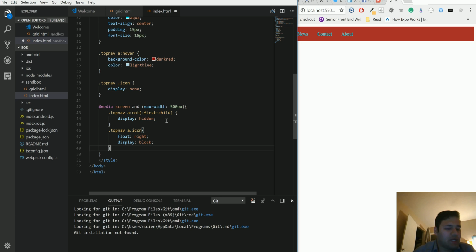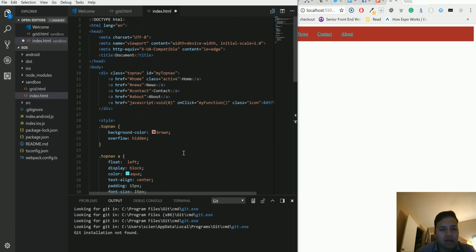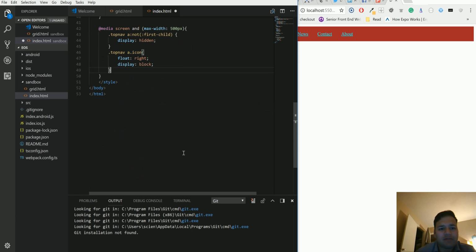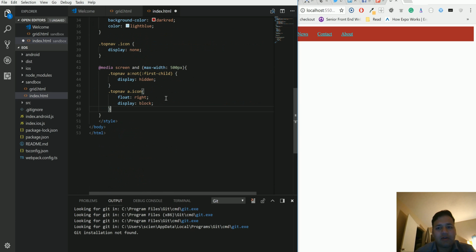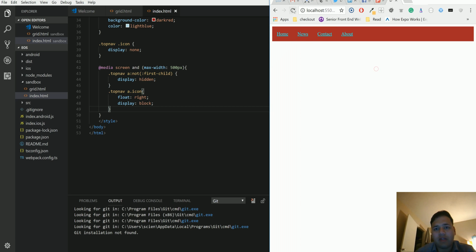And then what we can do is add another media query for, let's say, did we add anything for responsive? Not yet. Okay, let's see how this is going. Not sure why the library loading isn't happening here, but